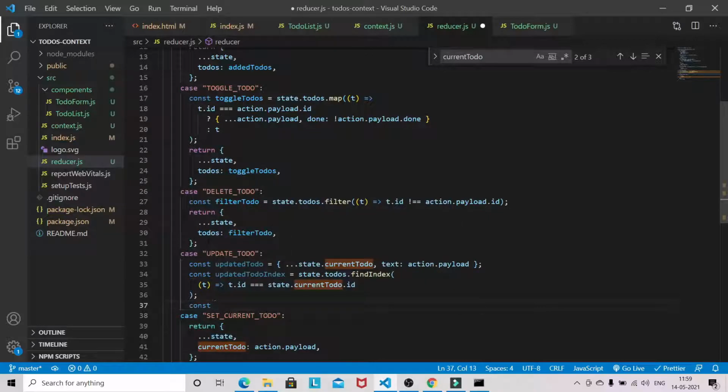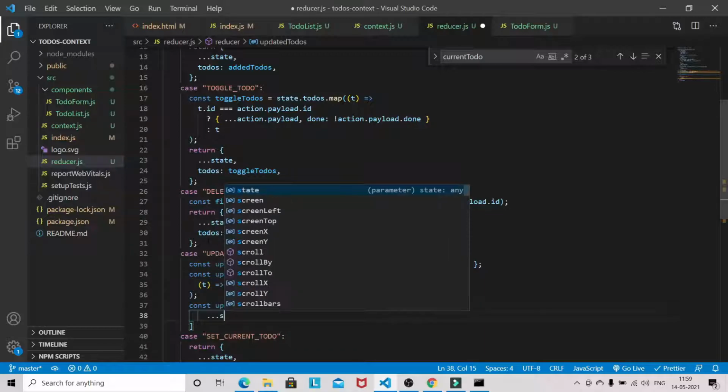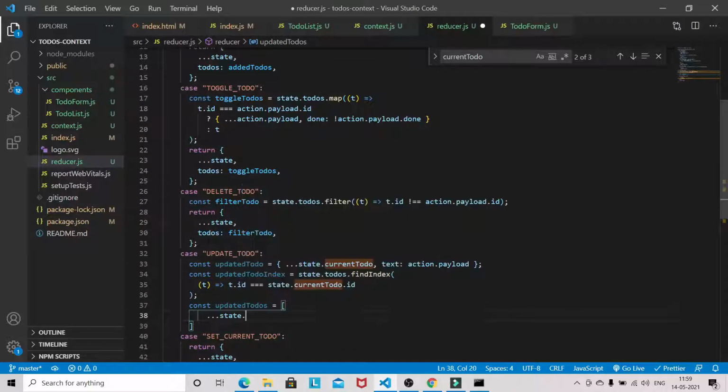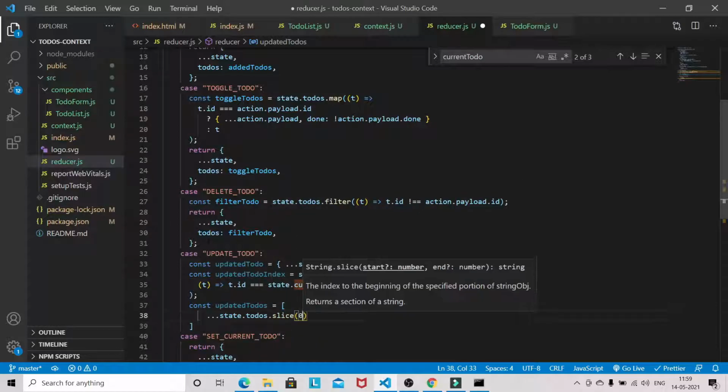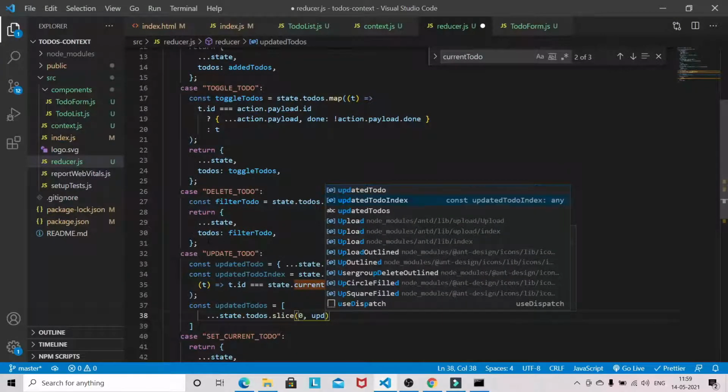Now const updatedTodos here, state.todos.slice, updatedTodoIndex.